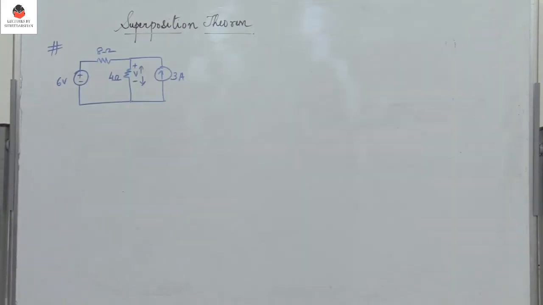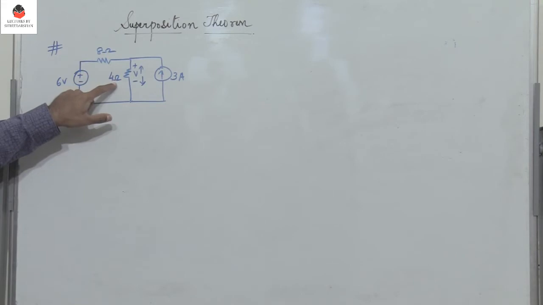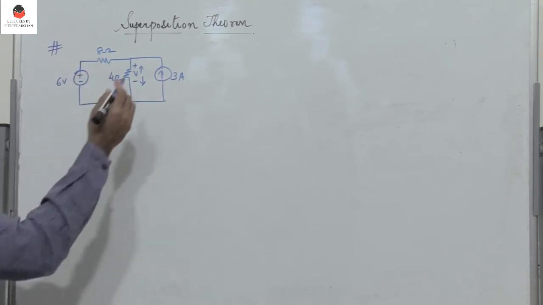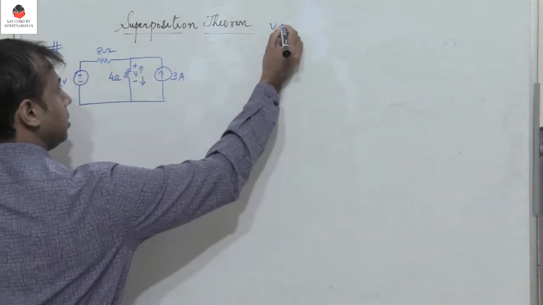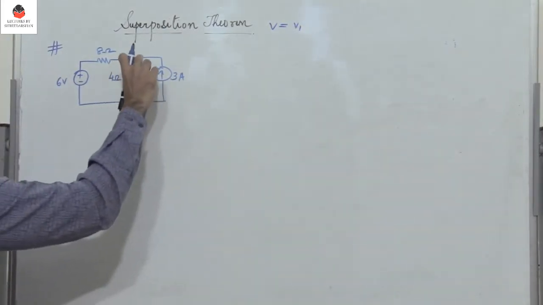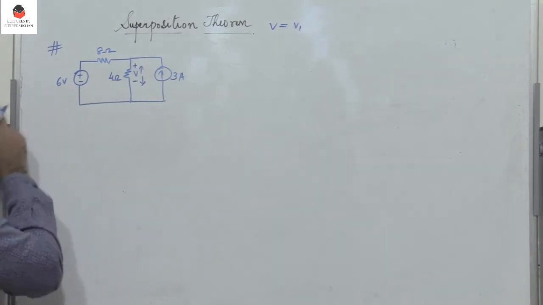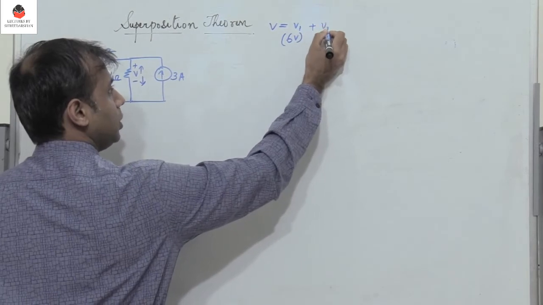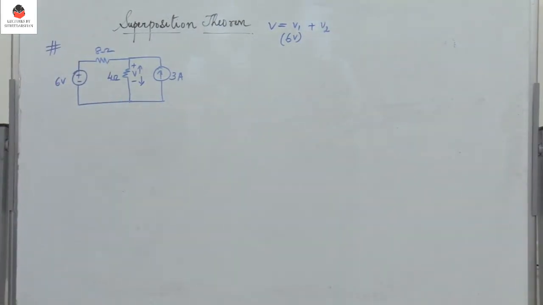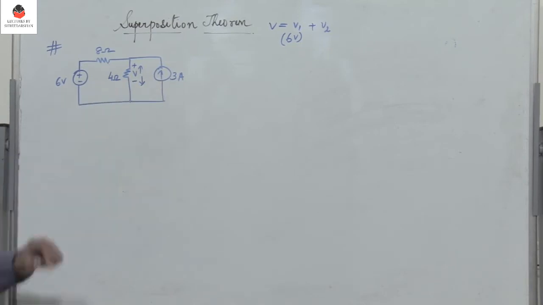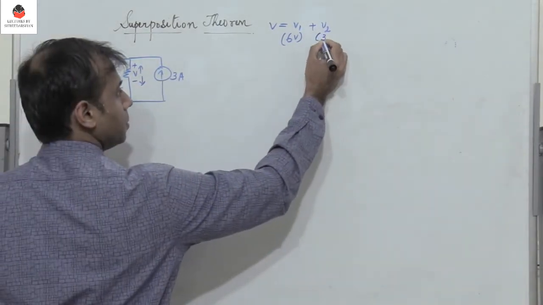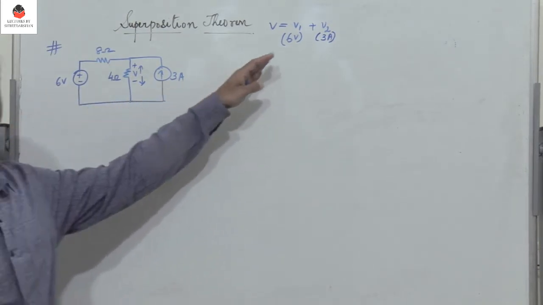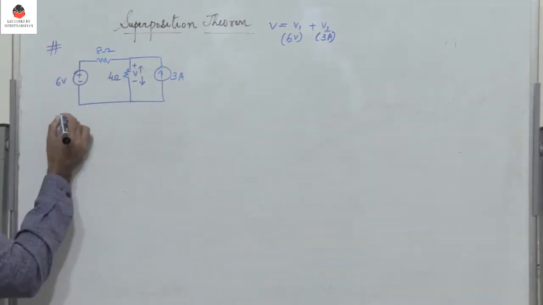Given this circuit, we need to find the voltage across this 4 ohm resistor using the superposition theorem. What is V? V is nothing but V1 plus V2, where V1 is the voltage across 4 ohms because of 6 volts, plus V2, the voltage across the 4 ohm resistor because of 3 amperes. So first we need to find V1 and then we have to find V2. To find V1,